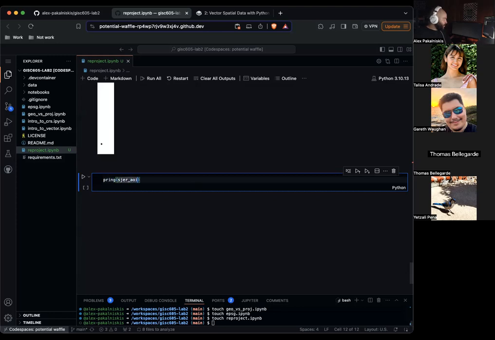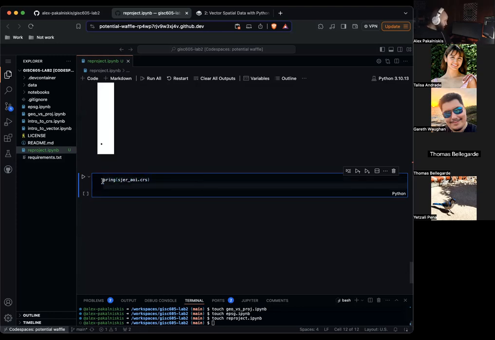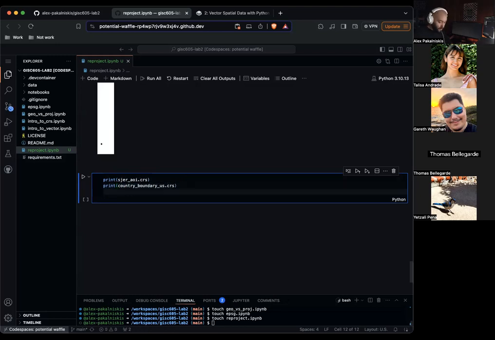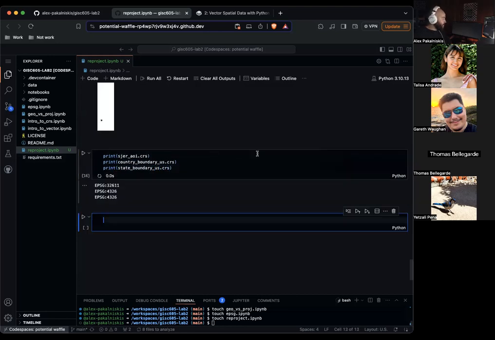Print SJER AOI CRS. Country boundary US CRS. Print state boundary US CRS. So you can see we need to reproject our San Joaquin experimental range AOI.